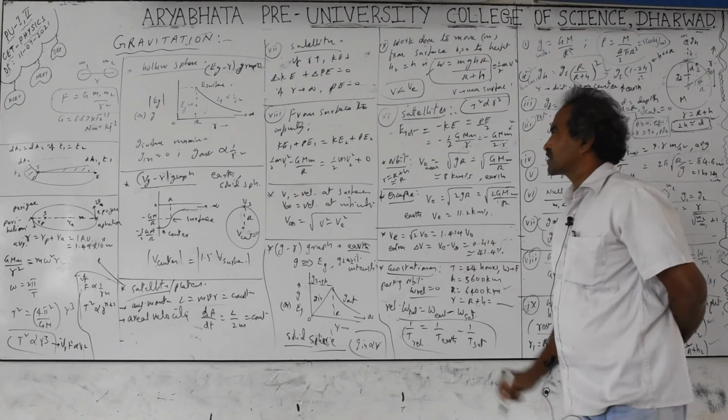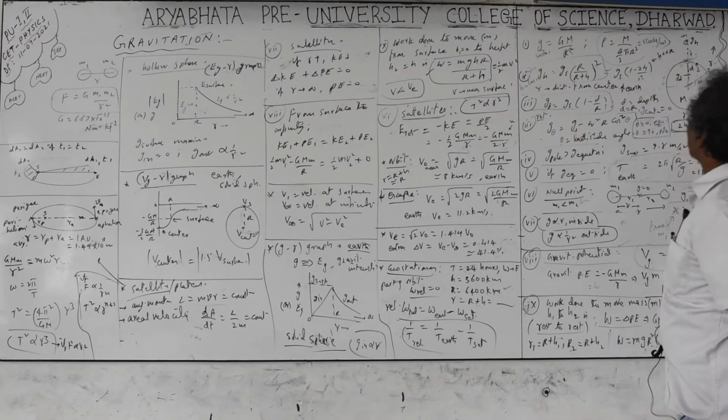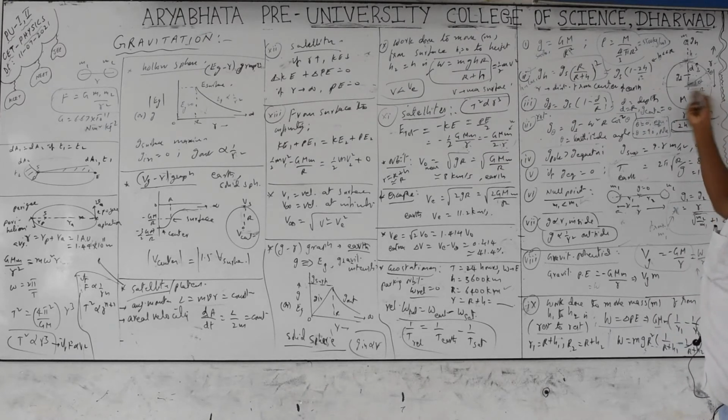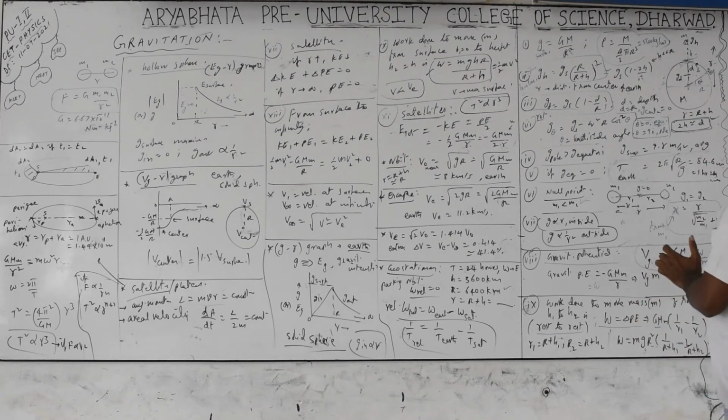Next is orbital velocity, for planets and satellites revolving around the planets. The center of the circular orbit or elliptical orbit of the satellite must be the same as the center of the earth. The centers will be common. So you cannot make the satellite revolve like this. It has to revolve around like this, or along like this in any direction, but it must be around the center of the planet only.